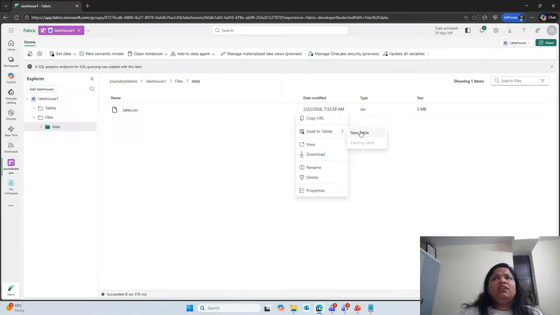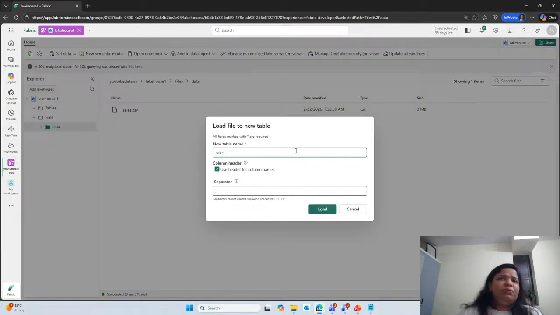I say I wanted to create a new table. What should be the name? You can pick one name, and it automatically identifies some of the features, like whether you have a header. You can check whether the header is there or not in the data file. Yes, it's a CSV file, so comma is the delimiter.